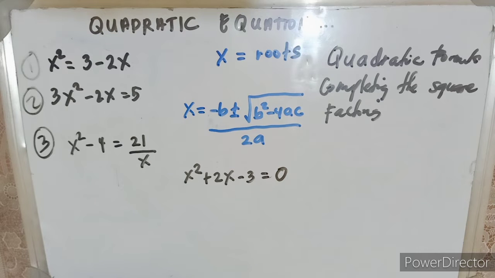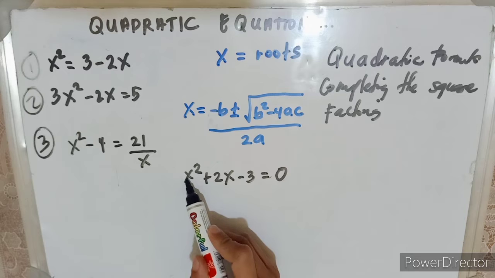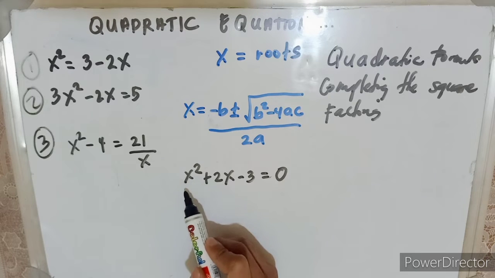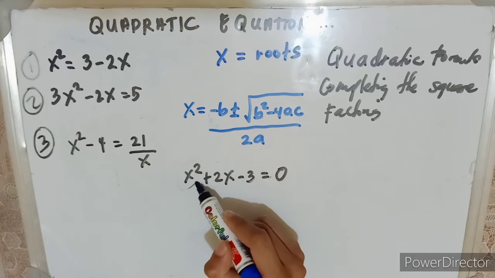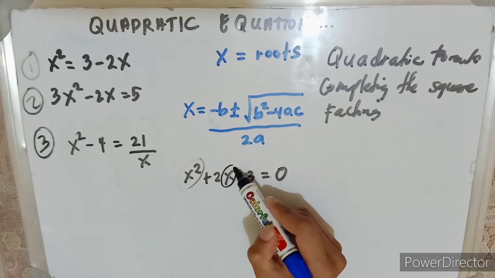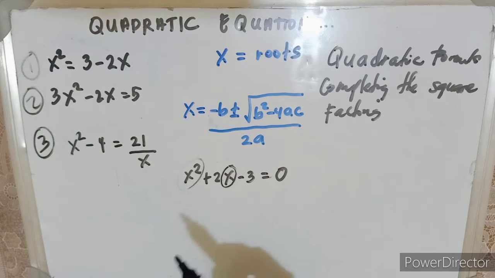So, nasan ba yung A, nasan bang B, and nasan ang C? Okay, ang A natin dito guys, automatically, kapag walang kasama itong literal coefficient mo, that is equal to 1. Alright? Ibig sabihin guys, itong x squared mo, tsaka itong 2x, ano man ang kasama ng number o ng numerical coefficient, ang tawag dyan ay literal coefficient. So, meaning to